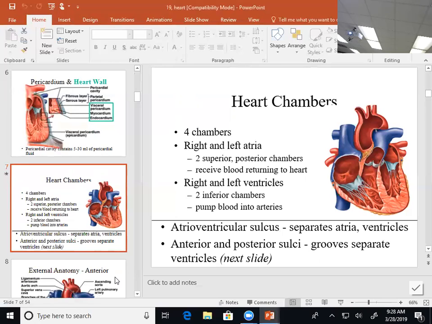All right, when you're labeling the heart, you will need to know that the right atrium and the right ventricle are going to have a valve known as the tricuspid. This one is called the tricuspid. The right AV valve is the tricuspid. The left AV,